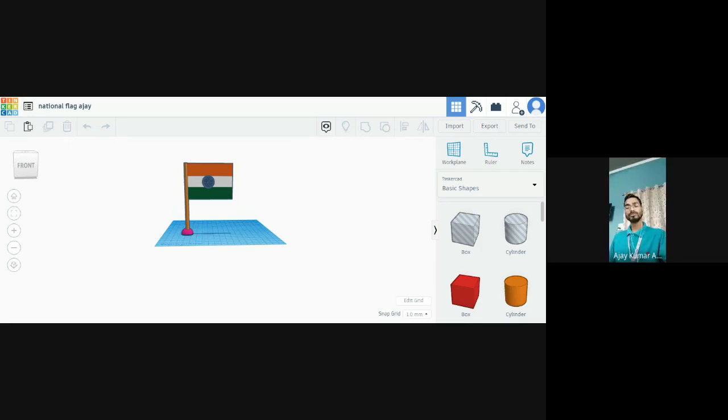One thing more, students: if you are using Tinkercad on your mobile phone, just use the Chrome browser.